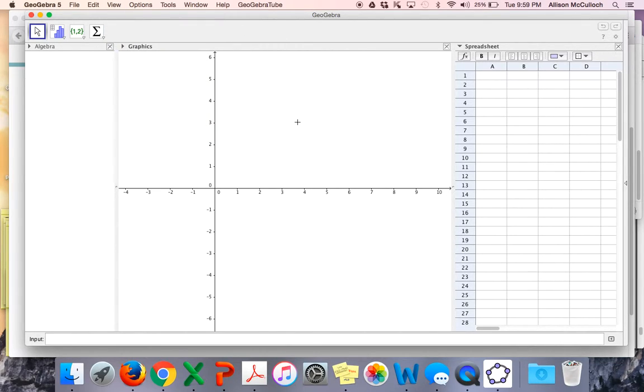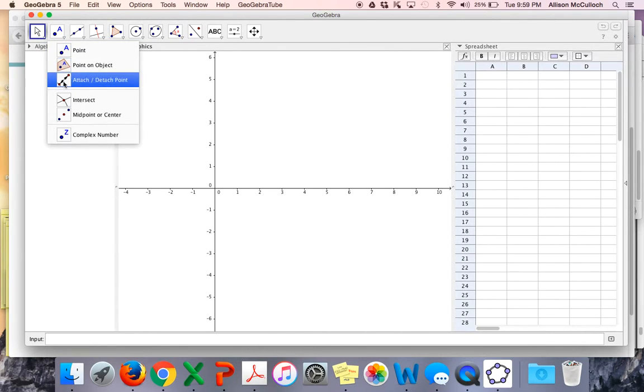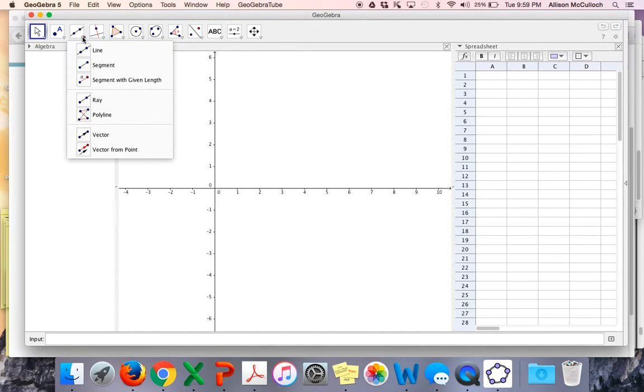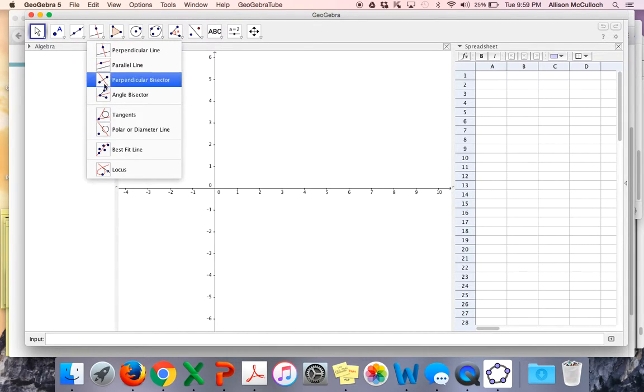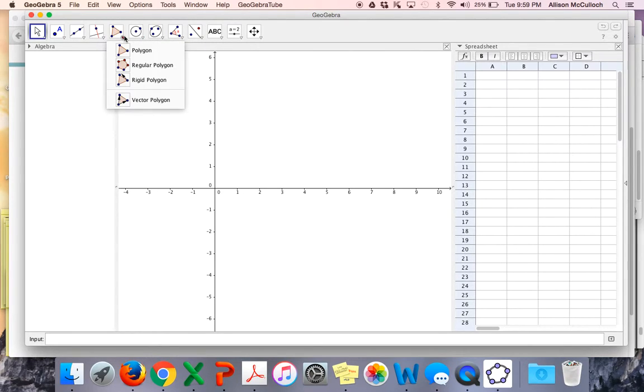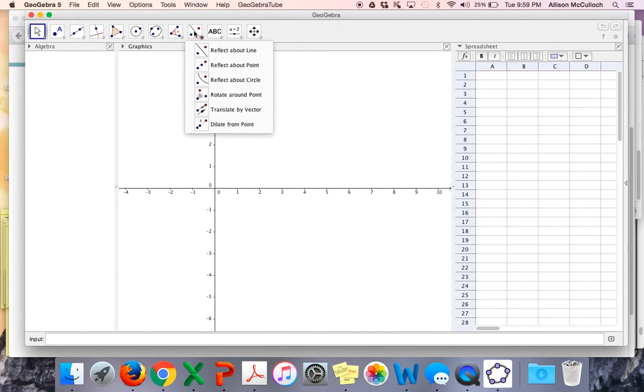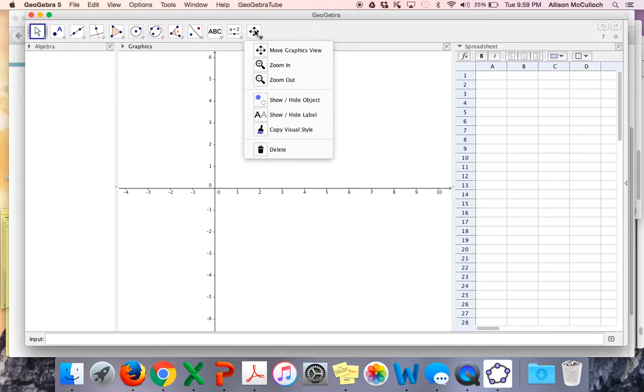So in each one of these views, when your cursor is in that particular view, the tools that go with the view are right there. So in a graphics view, here are all of the things that you can construct. We've got different kinds of points, points on an object, attaching points, intersecting points, midpoints, things related to lines and line segments, perpendicular, parallel, tangents, etc., polygons, circles, and so forth. Here's angles. Here are all of your transformations,